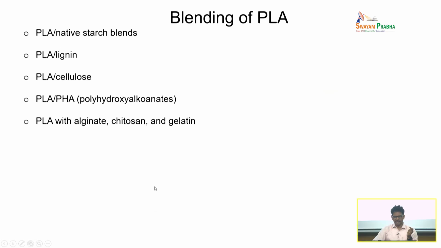And blending. So many times, block copolymerization means chemically you are linking the polylactic acid in the backbone so that you build a copolymer. What is the other possibility is that you can also mix or blend PLA polymer with other polymers too. For example, in the literature you will see PLA mixed with starch in different proportions, and starch can be from a different composition. We already saw starch means mixture of